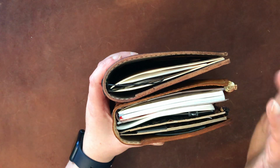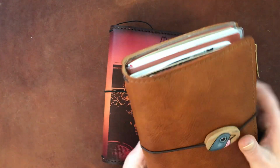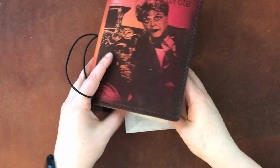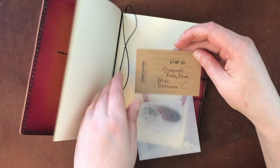So this is narrower than a regular B6. But for me, this is pretty perfect for my setup usually. I'm not sure if I want to move my regular setup in here or if I want to find a special purpose for this. So I will go ahead and open this up. Oop, and there's some little extras in here. So yes, this is like the little